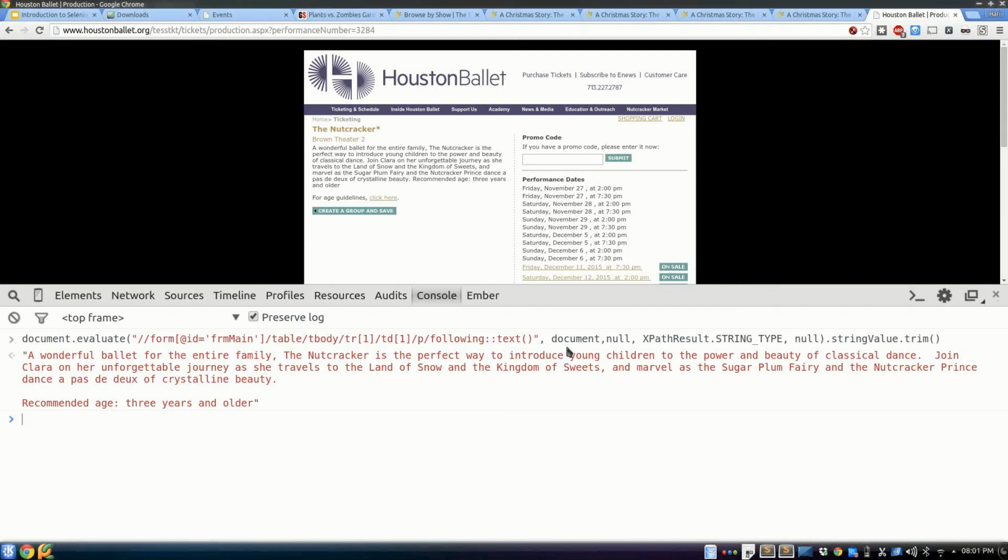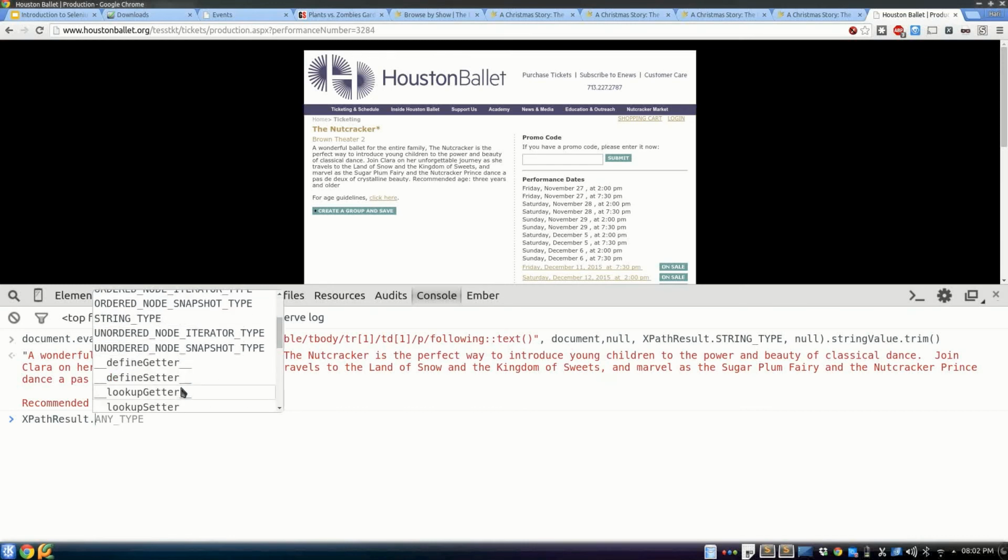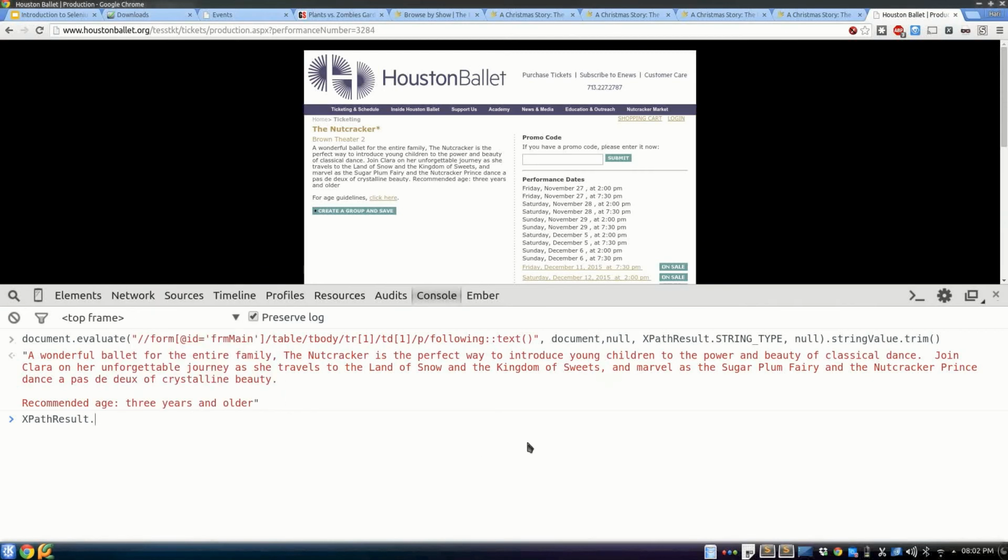The evaluate function will execute whatever XPath you're looking for. You have to pass in the DOM node, and then what is the type that you want it to return. So the valid types here are actually nodes, and it can return any type, and then it'll try and figure out what it's doing: Boolean, number, string, etc. And then if we run that,